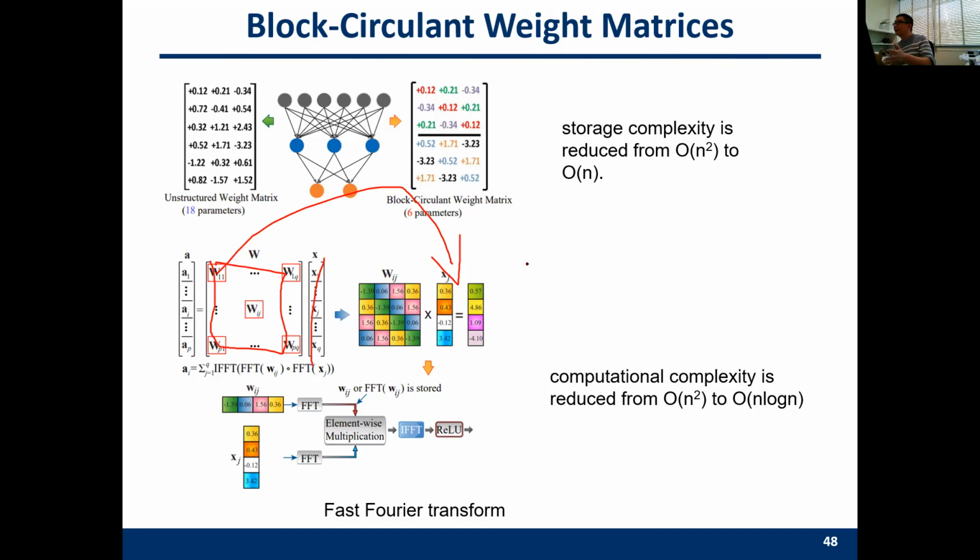We have a lot of accumulation, addition, and multiplication during this procedure. So if we do this in the frequency domain,